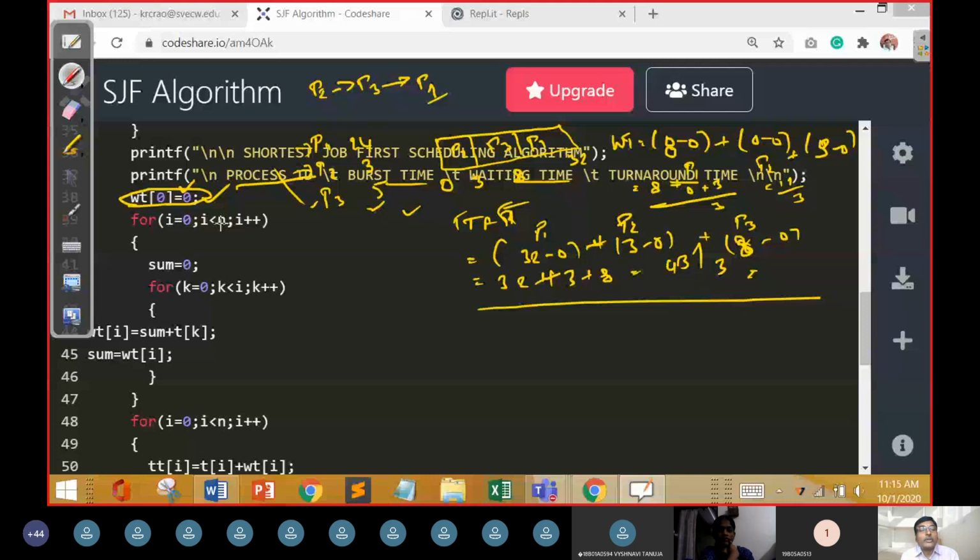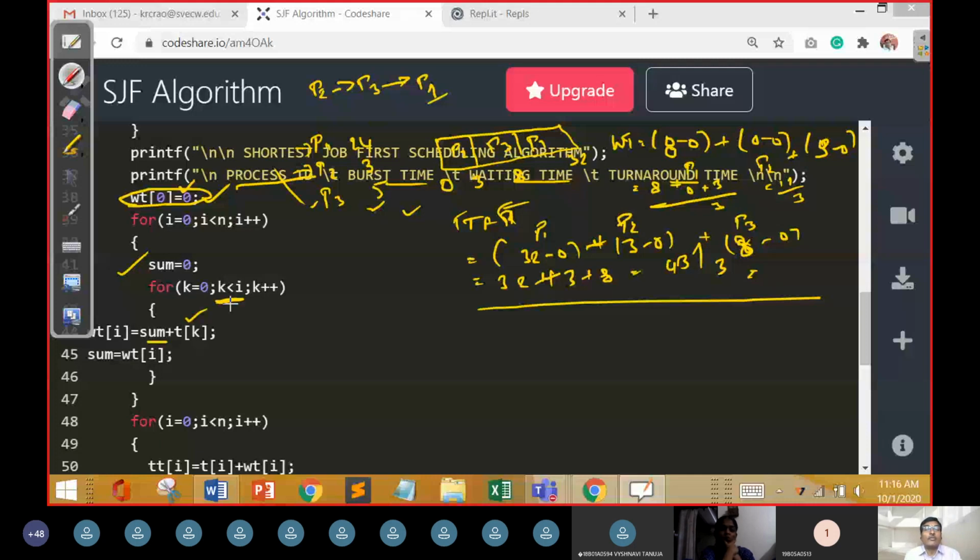Again we are going to initialize sum also as 0 to eliminate the garbage value. Then waiting time is equal to sum plus t[k]. So we are going to take up the first instance.